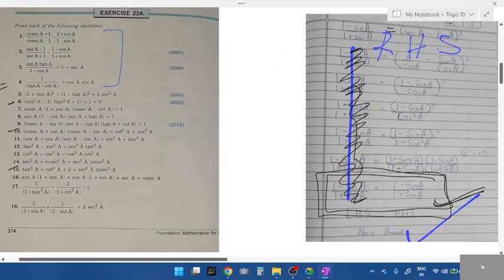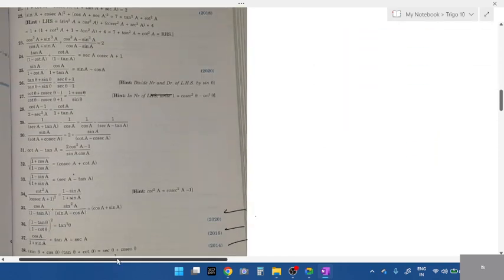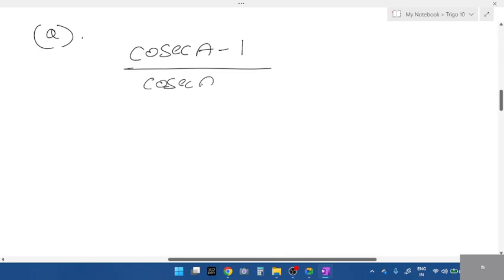Okay, now we solved all left hand side questions and we solved 2 right hand side questions, right? Now make a note of this question where you're supposed to solve both left and right hand side. I'll tell you how to do this. Look here. Cosec A minus 1 divided by cosec A plus 1 is equal to